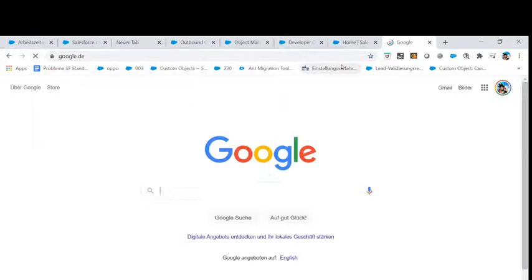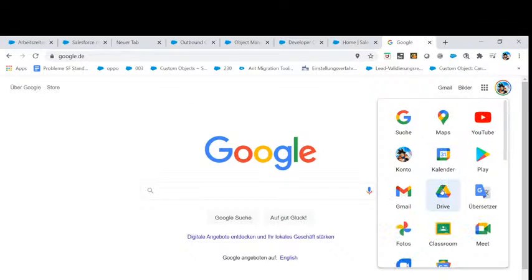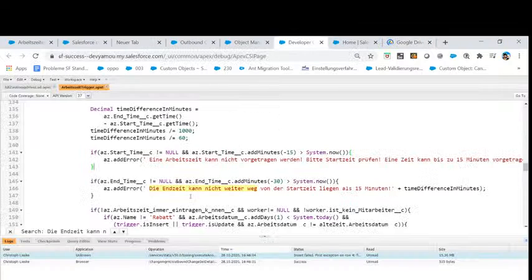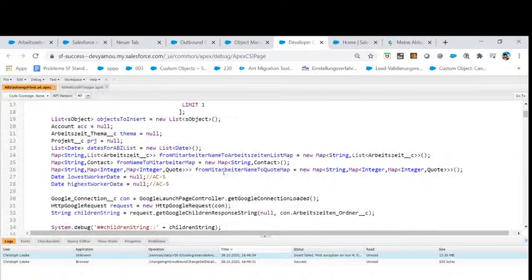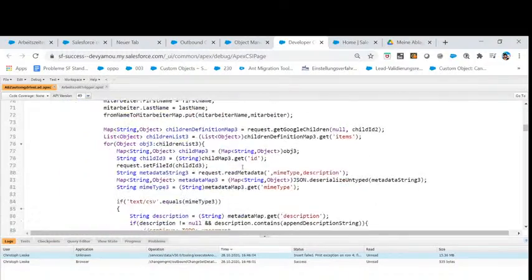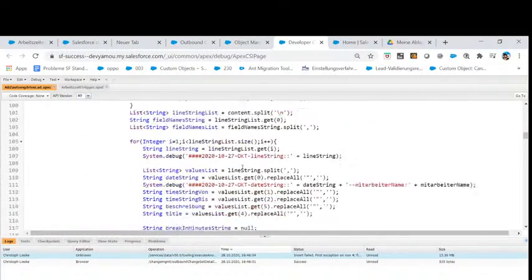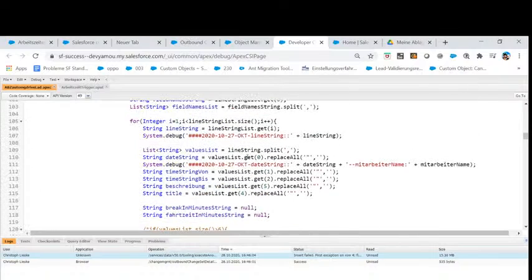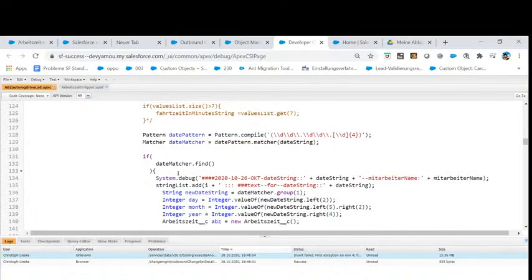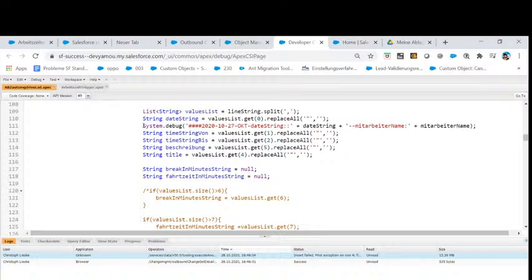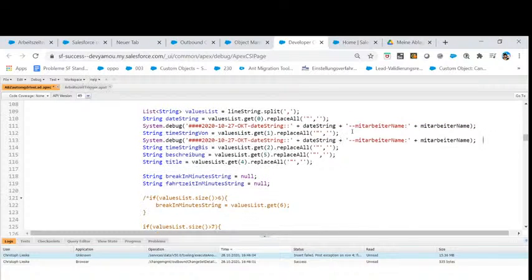To make sure of this, we go to Google. We are just opening up Drive. Let's calculate a little bit. But until this, I will just go to the stuff and do something like system.debug, yeah? Because the working times we're just inserting, so we need to get the times for sure. So in here we get the date string, but we also need to get the time string, time von and time bis, and so we can get